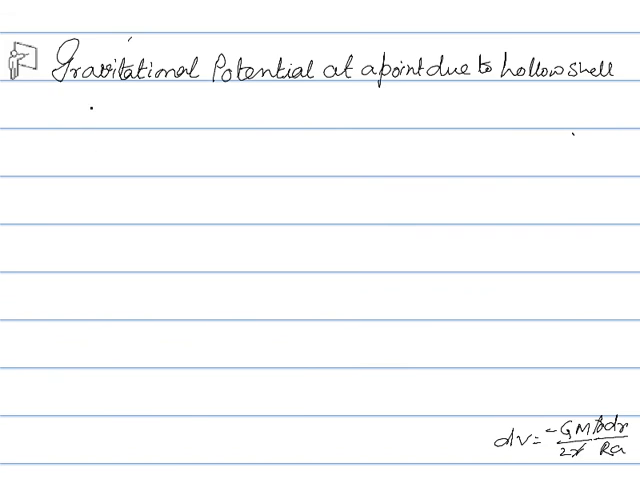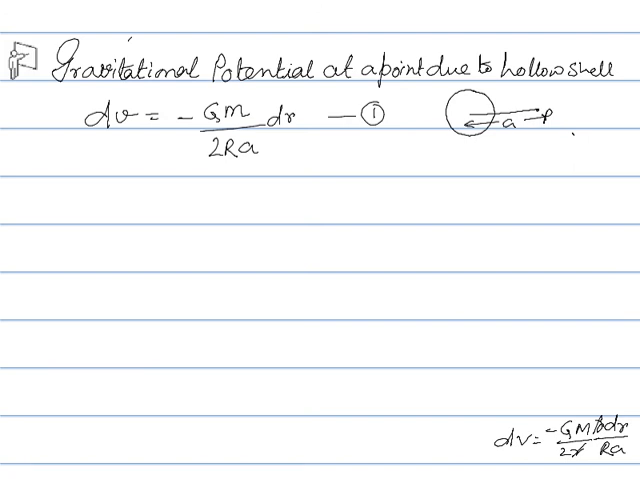Thus we find that the potential is defined as minus Gm by 2ra dr. Now this is the shell and the point lies here, this distance is a. So we can imagine that the shell is made up of many such strips. So therefore if we integrate this equation from here to this point, now we will get potential due to the